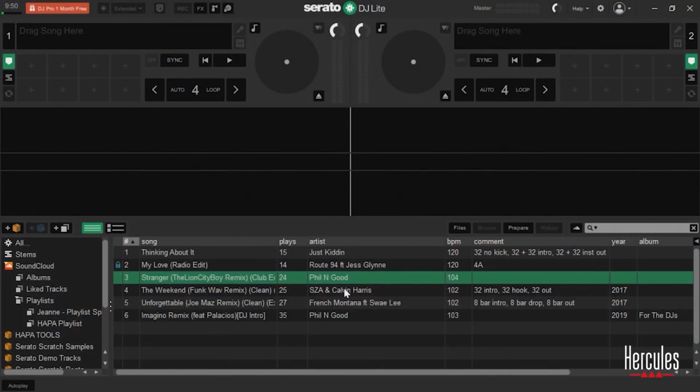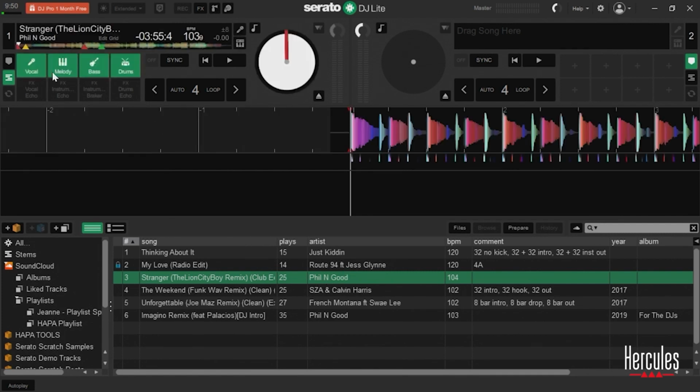The first thing that we're going to do is I'm going to show you where the stem panel is. So if we come over to the left-hand side, you'll see here are my hotkeys, and if I click over here, we'll see stems. So we'll see we've got vocal, melody, bass, and drums, and then we've got effects, vocal echo, effects, instrumental echo, basically all the echoes for our different sounds. I'm going to go ahead and load a track, and what you'll see is that we have the ability to isolate the stem here. So if I play,